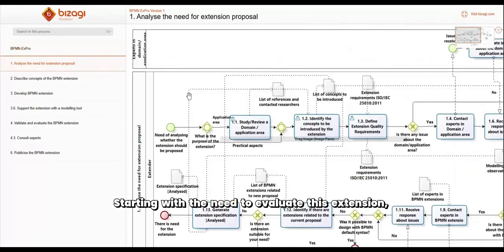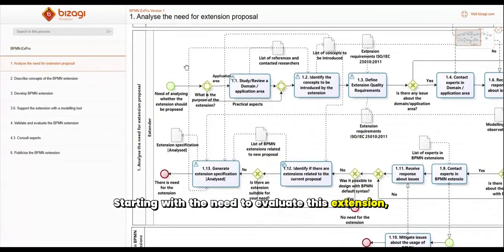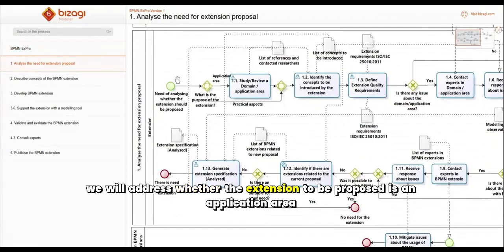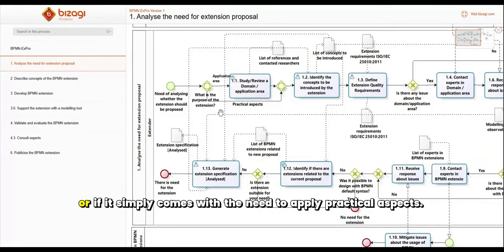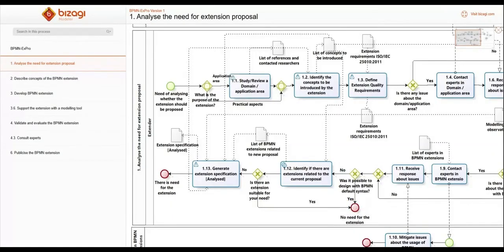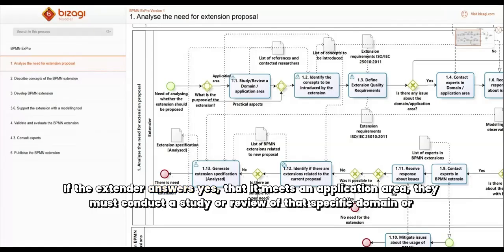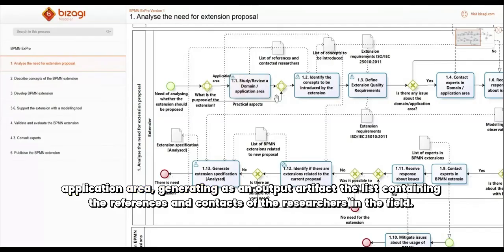Starting with the need to evaluate this extension, we will address whether the extension to be proposed is an application area or if it simply comes with the need to apply practical aspects. If the extender answers yes, that it meets an application area, they must conduct a study or review of that specific domain or application area, generating as an output artifact the list containing the references and contacts of the researchers